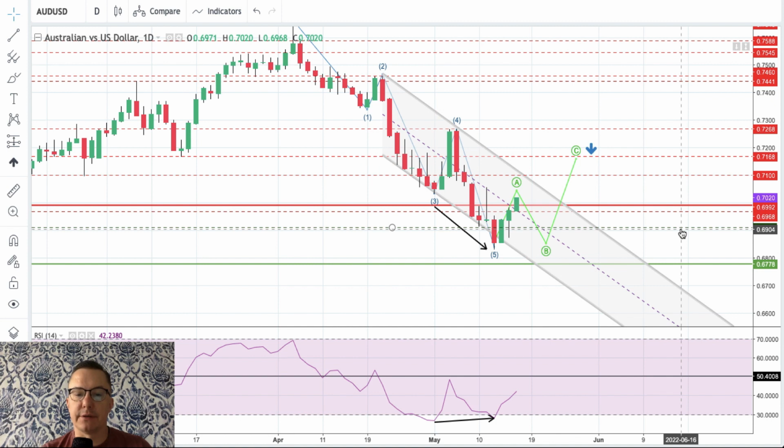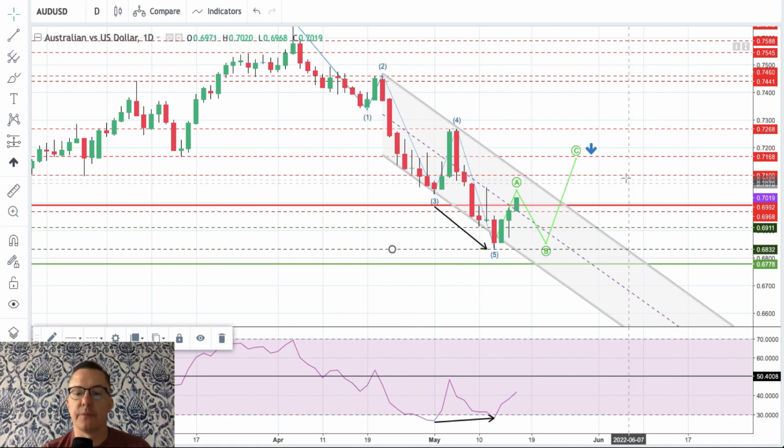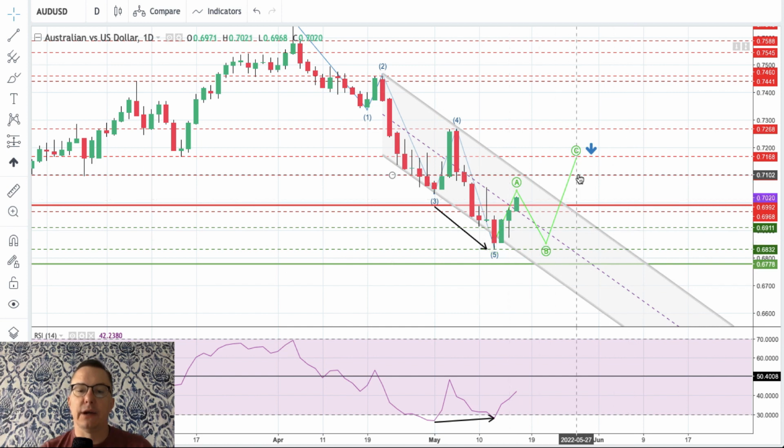Please notice the fact that after the wave A is done, we might try to put some Fibonacci retracements on the chart as well. So maybe we will get some a little bit more precise measurements, right? So we got these 3 levels of support. The green color here, 6,832, 6,911, and we are right now bouncing from the lows during the period of the positive divergence. So that was the Australian dollar.